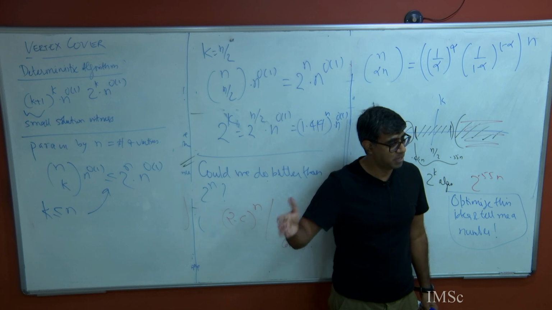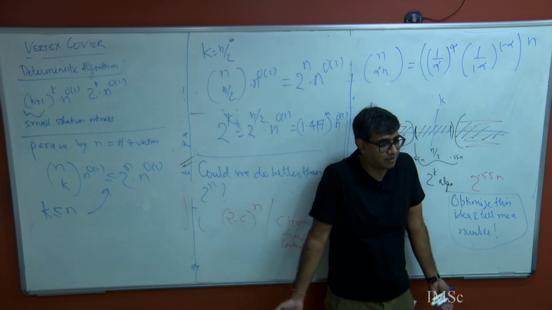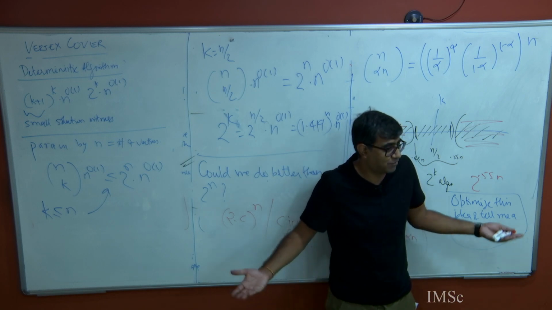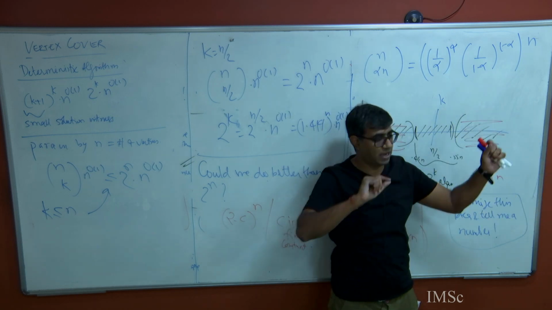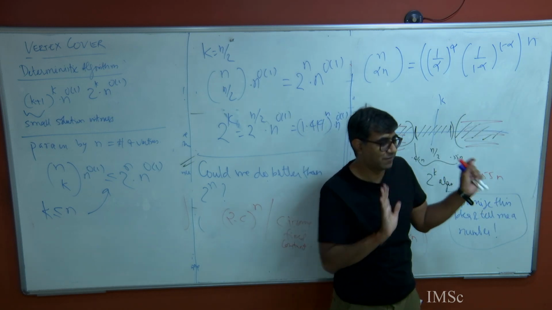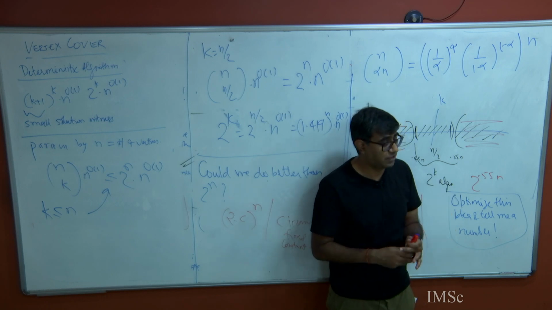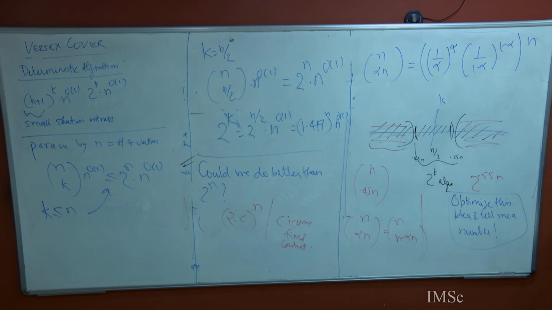2 power n, but this algorithm only takes time 1.414 to the power n, it cannot see more than 1.414 to the power n number of subsets. So, in the search space of n choose n by 2, this algorithm is doing something very smart. It is not looking at all n choose n by 2 subsets, because they are 2 power n, and the running time of this algorithm itself is 1.414 to the power n,